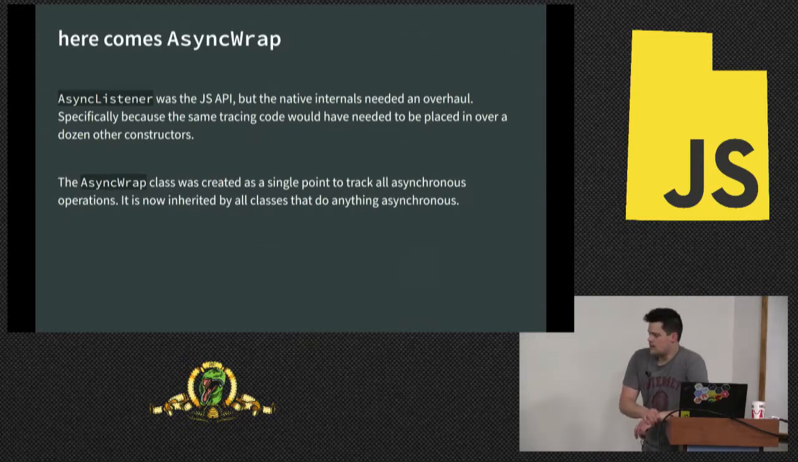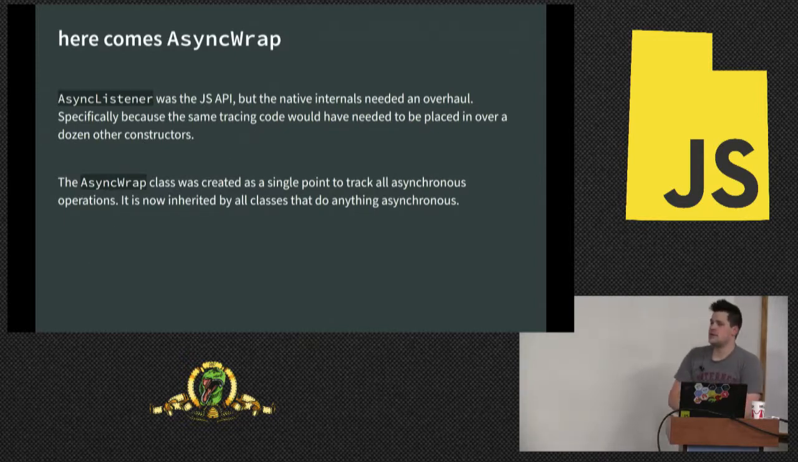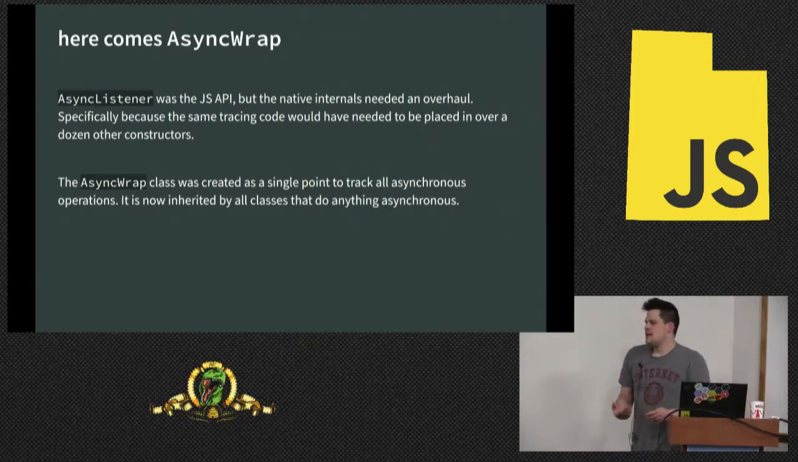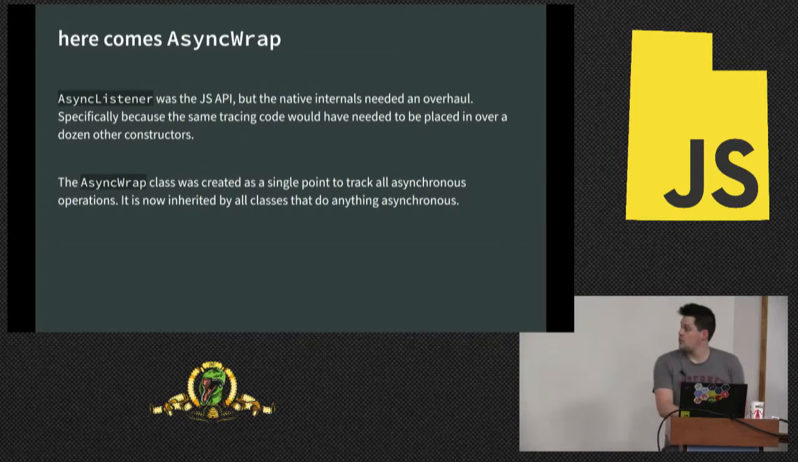So, from the very beginning with AsyncListener, there was a C++ class called AsyncWrap. And the AsyncListener was the JavaScript API that developers would use to